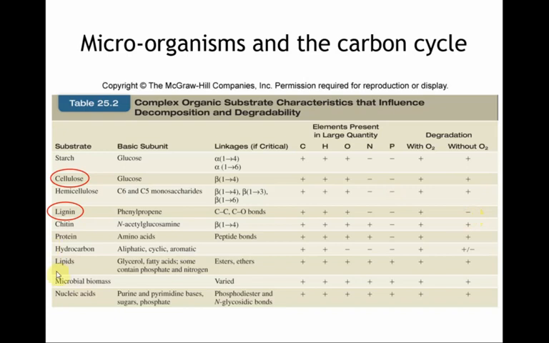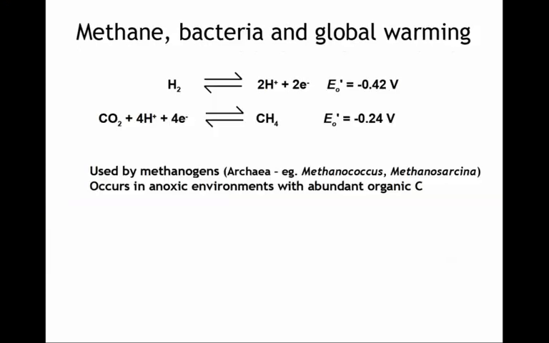Now, the last thing that's kind of interesting about carbon sources for bacteria and other microbes are hydrocarbons, like petroleum products, things that are derived from the chemical industry. These are not naturally occurring polymers, but there are still some bacteria that can break them down. So a lot of soil bacteria, like maybe Pseudomonas, can break down